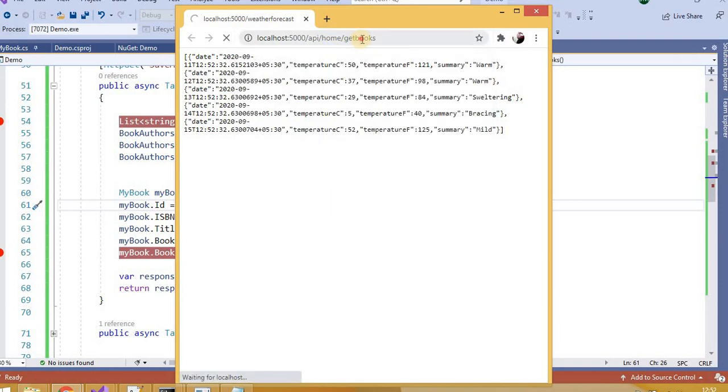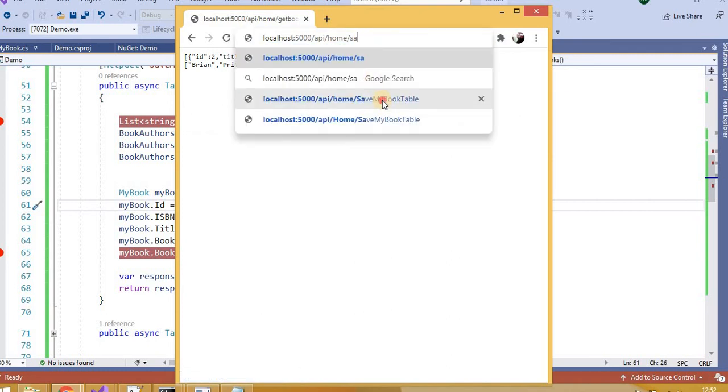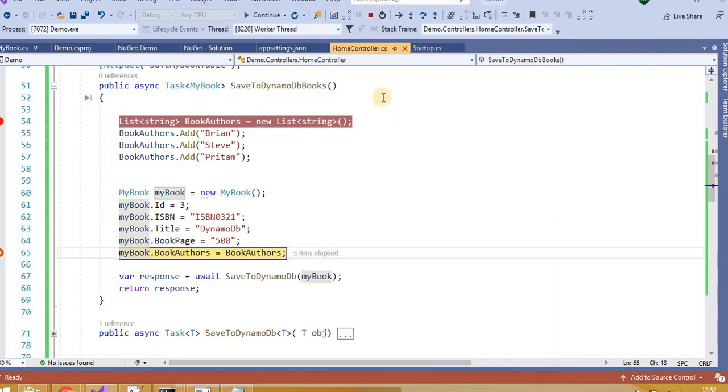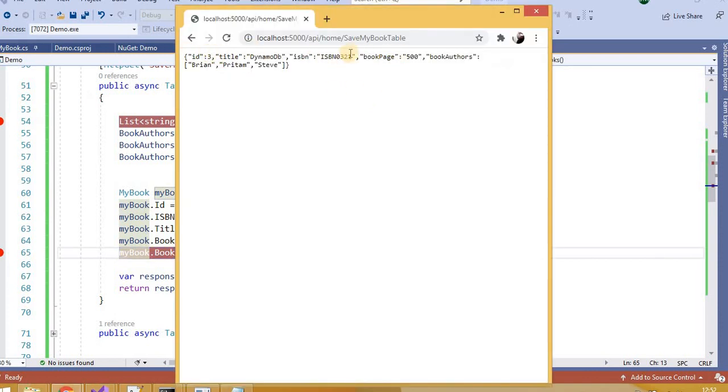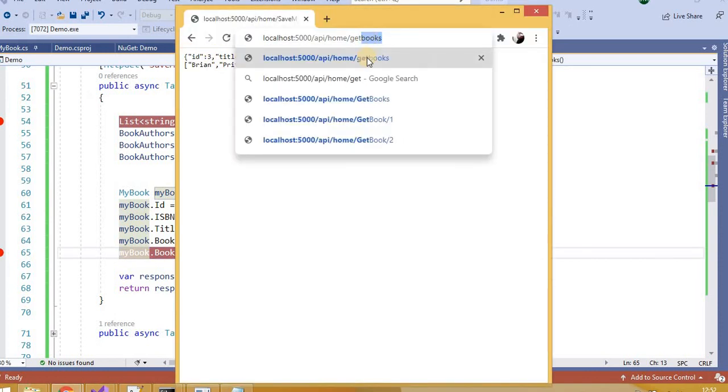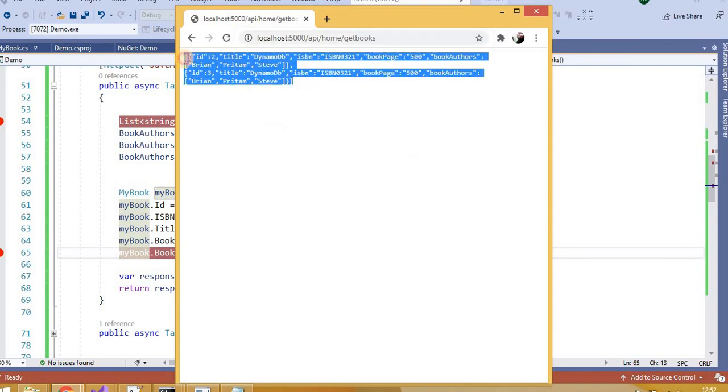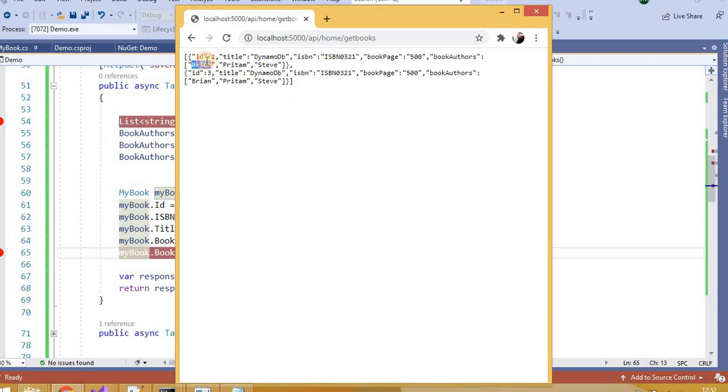So now, how many records are there? One record. Now ID is 3. Now let's try with the book. See, now we have 2 records. In DynamoDB, if we provide the same primary key, it will override the existing record, otherwise it will add a new record. Now you can see again book page we have already added here. Anyway, if it's not there, even in that case it will not show this particular column in this row and will show in this row, because it's NoSQL.